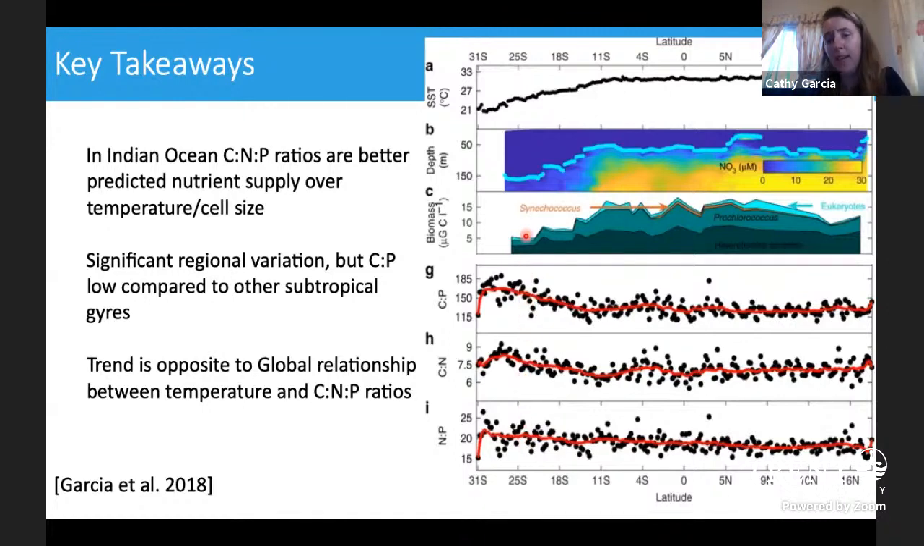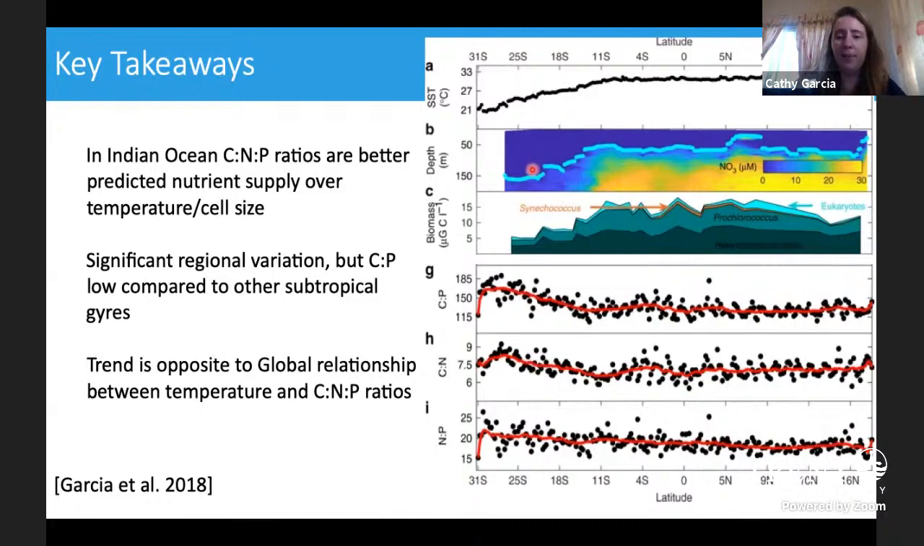In biomass, even though there was an overall increase in biomass, the proportion of cyanobacteria to heterotrophic bacteria was approximately 50-50 over the course of the transect. So the composition of these different groups at this level, using flow cytometry, did not change over the course of the transect. And we did model the relative changes, and we did not find that either temperature or biomass composition could explain the changes in C to P, yet nutrient supply as modeled by nutricline depth was able to explain the